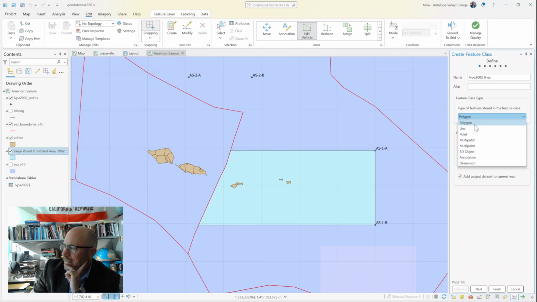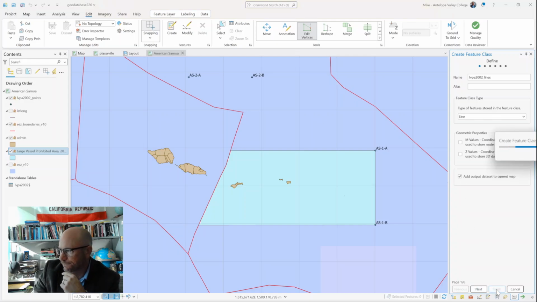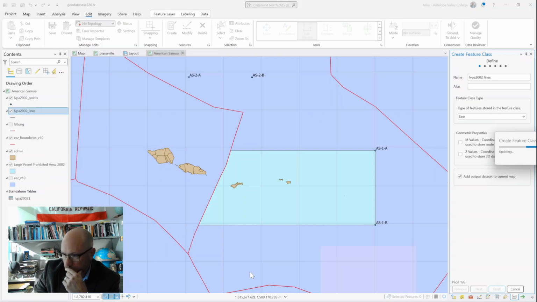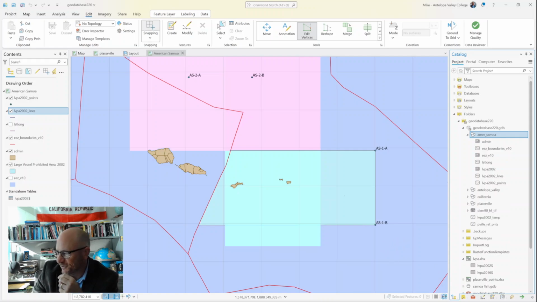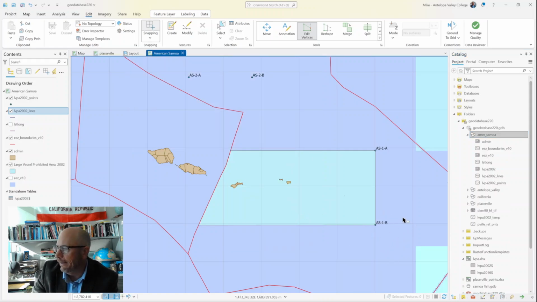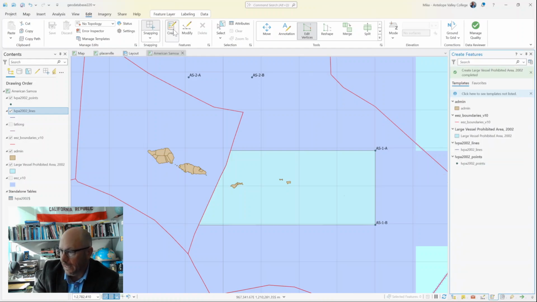Okay, instead of a polygon, I make it a line feature. I'm not going to worry about the alias. Just going to hit finish. But here, what I can do, so with this lines one, I can create